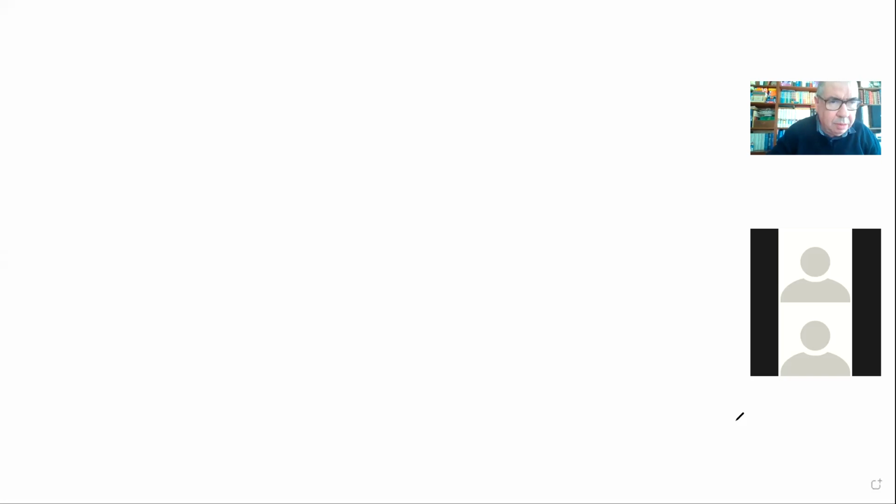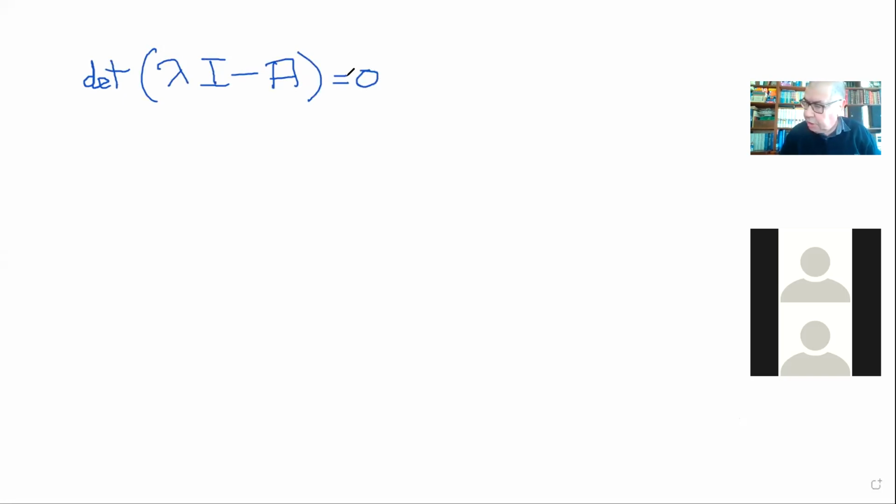So let me remind you before, I will show again the matrices, but before that, remember this. Suppose that you have a matrix A. You can compute the eigenvalues as the determinant of lambda I minus A equal to 0. This is the characteristic equation. Okay? So let's start